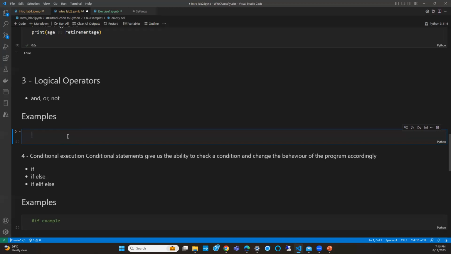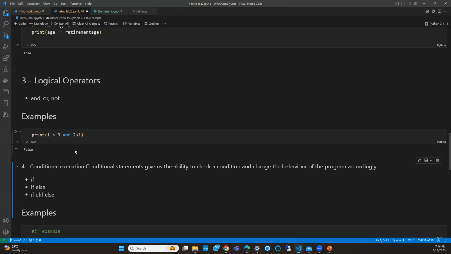Let's see. If I say 1 is greater than 3 and 2 is greater than 1, and print it, this is false because 1 is not greater than 3. Because this is false, everything becomes false. If I had used an or, that would have been true.